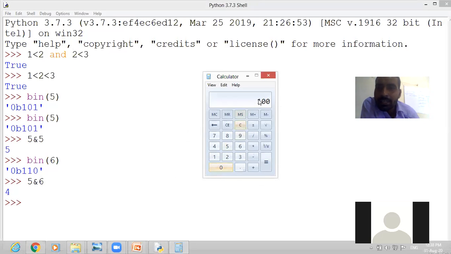So what digits did you get? 100. The binary digits we got are 100. If you find the decimal number of 100, it is equal to 4. 100 is equal to 4.